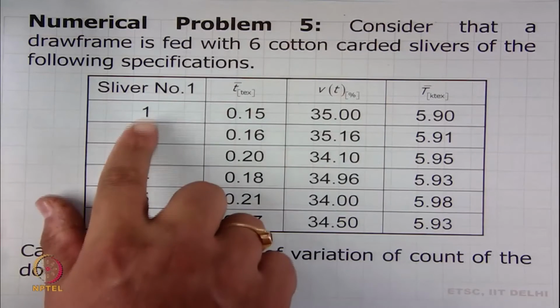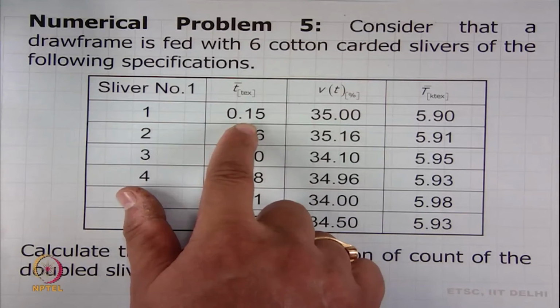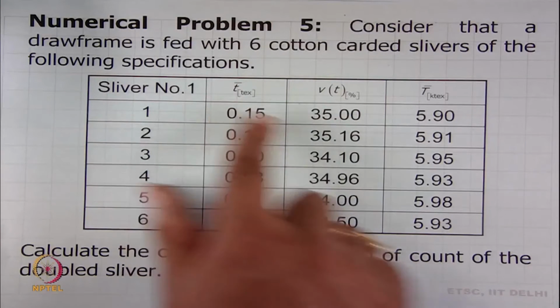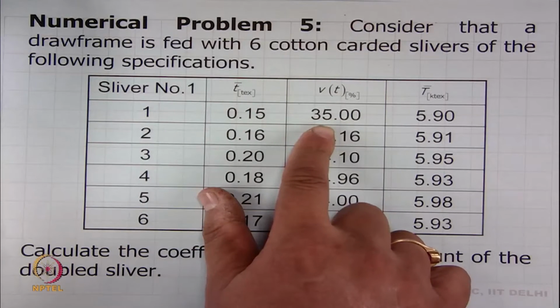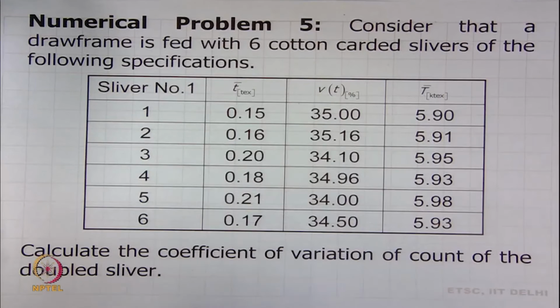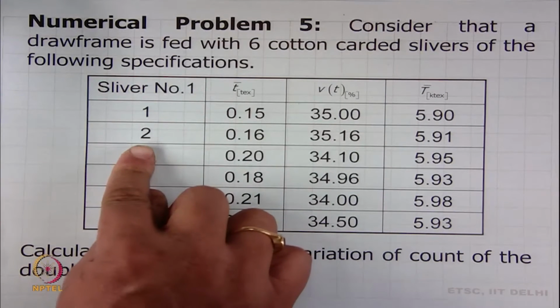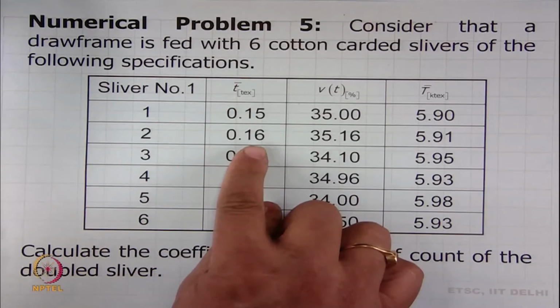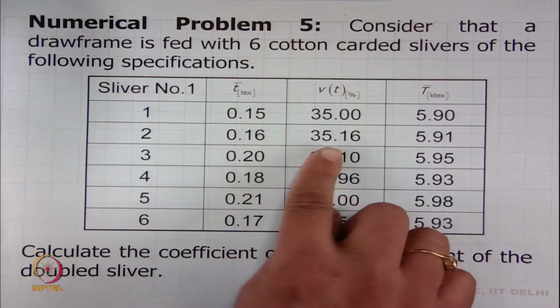Sliver number 1: mean fiber fineness 0.15 ktex, CV of fiber fineness 35% and mean sliver fineness 5.9 ktex. Second sliver is different from the first one: mean fiber fineness 0.16 ktex,